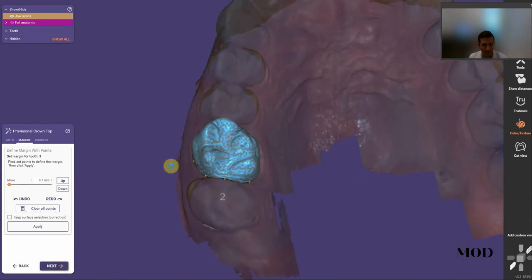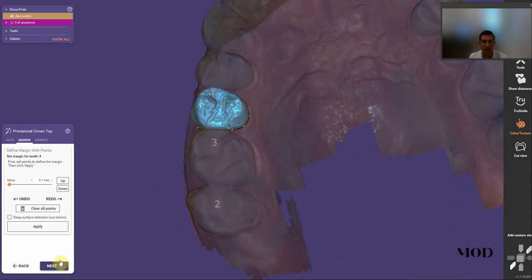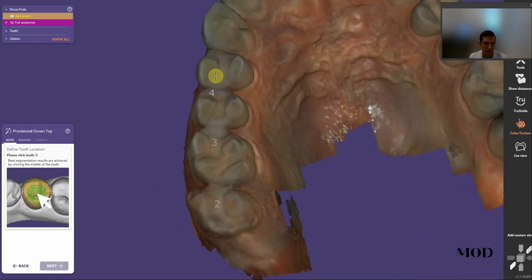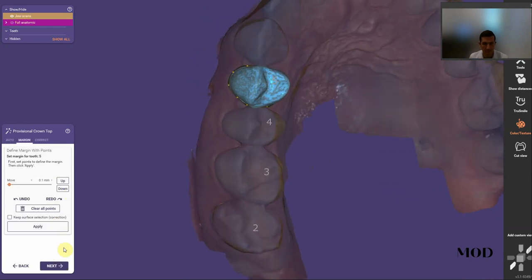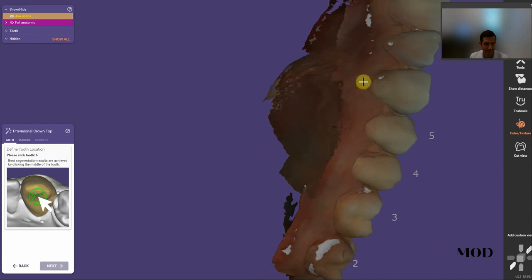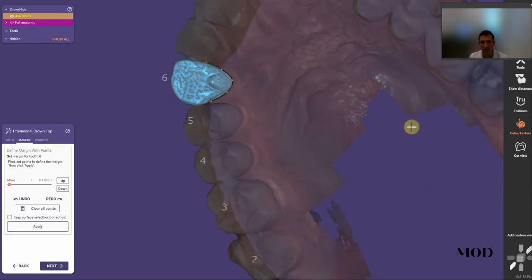Looks good. So then as we transition into the anterior, I'm going to go ahead and start